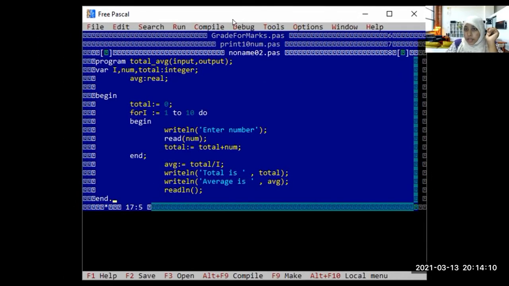As it is given in your book, total is 0. For I equal 1 to 10 do, begin, write line enter number, then read the number, total equal to total plus number. Average, total divide by I, write line total is equal, it shows me the total, then it will show me the average.